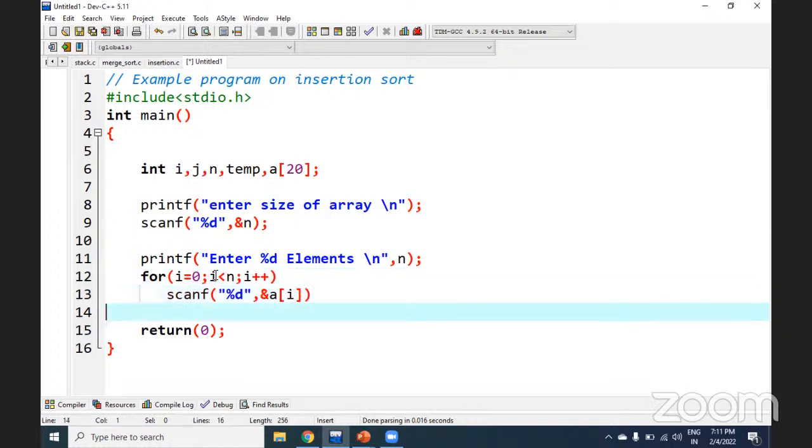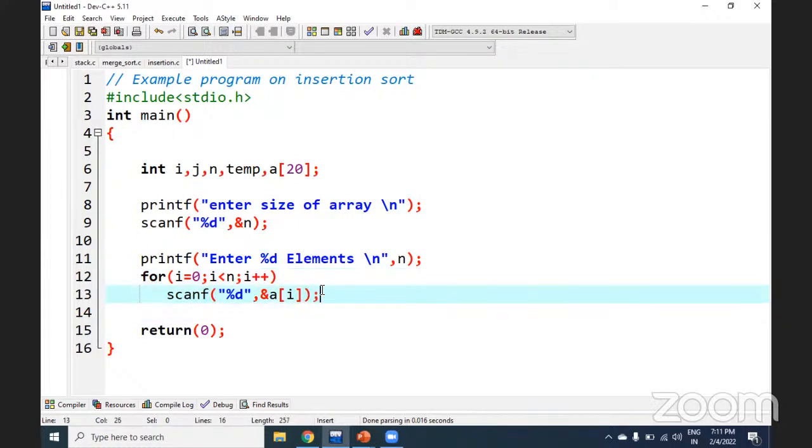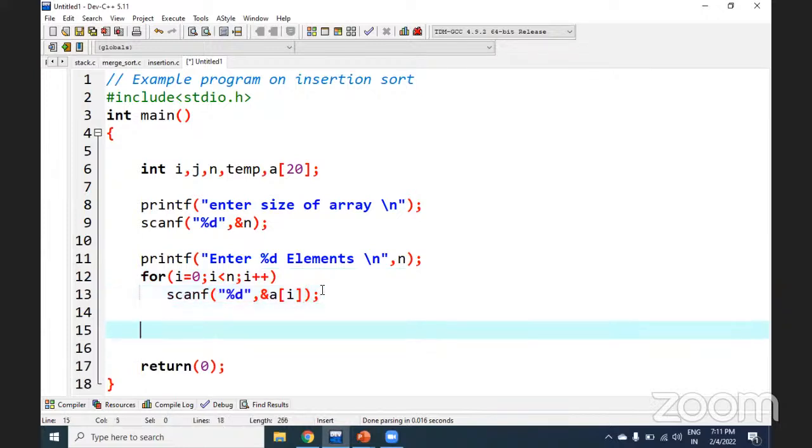So now you just read a number of elements, and that is over. What is the next step? Once your array is ready, we should write the program for the insertion algorithm, right? So now